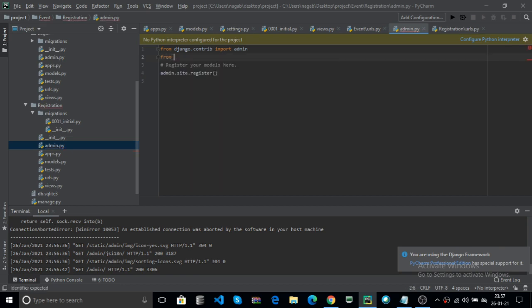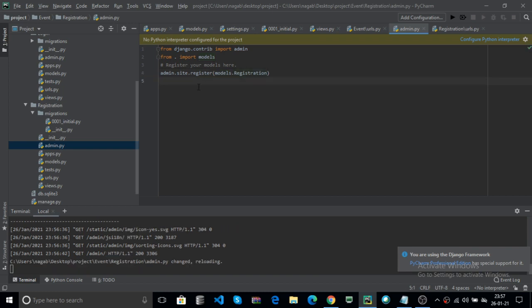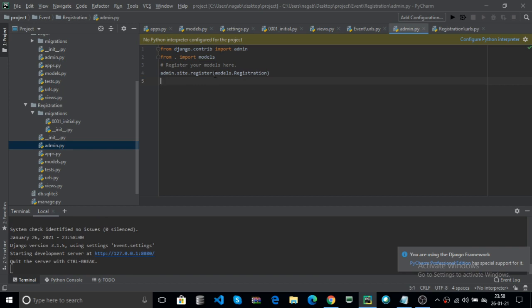From the current directory import models. Now models is the module, and the models contains registration as one class. Now control S, that means you can register your model, which contains registration as one class, to register your model into the admin site.